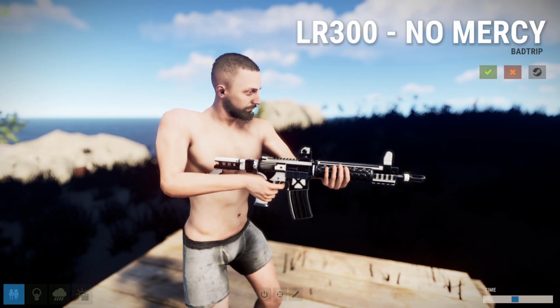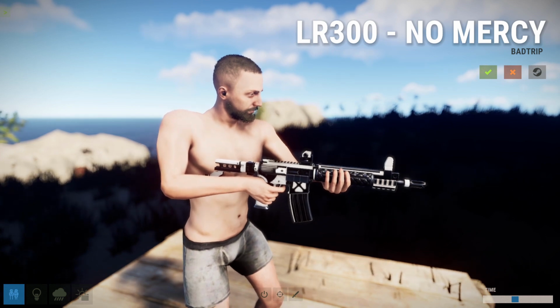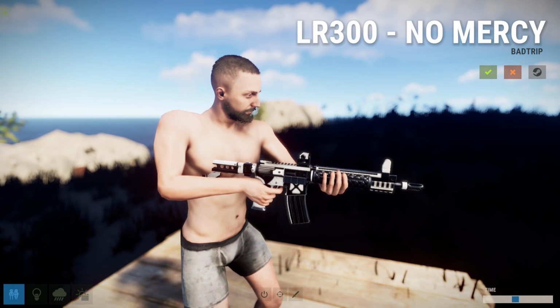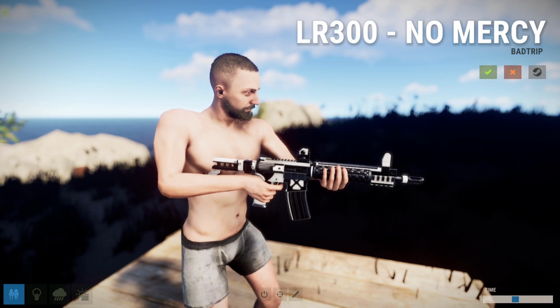Now, if we take a look at the workshop for this skin and see it within the game itself, we can see that it obviously goes extremely well with the No Mercy set. As well, the base colors of black and white allow it to go well with other sets besides the No Mercy set. And if there was one adjective I would use to describe this skin, it would definitely be sleek,